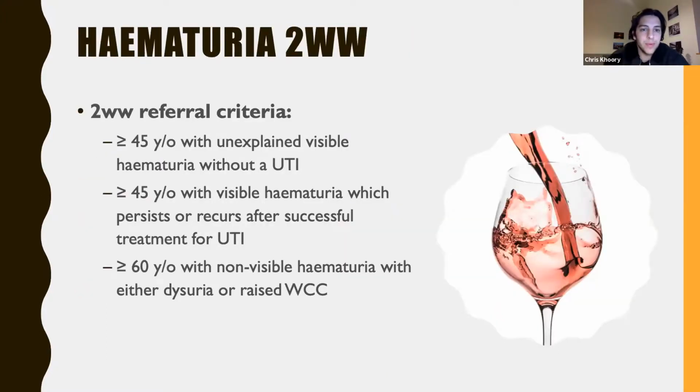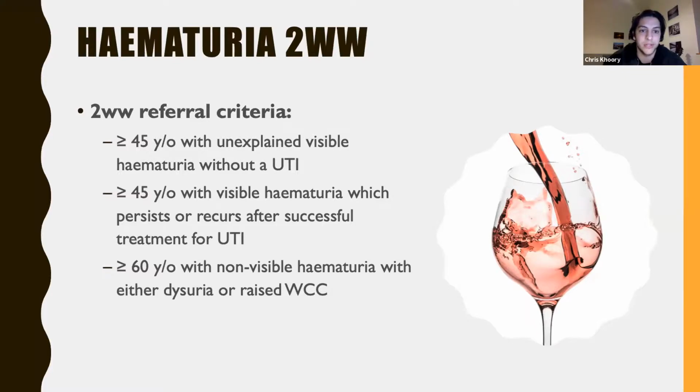So you'll be familiar with 2-week wait referrals. So the 2-week wait referral criteria for hematuria shown there. So over the age of 45 with unexplained visible hematuria without a UTI, over the age of 45 with visible hematuria which persists or occurs after successful treatment for UTI, and over the age of 60 with non-visible hematuria with either dysuria or raised white cell count. These can be quite hard to remember, but I think the best way is to just sit down and learn